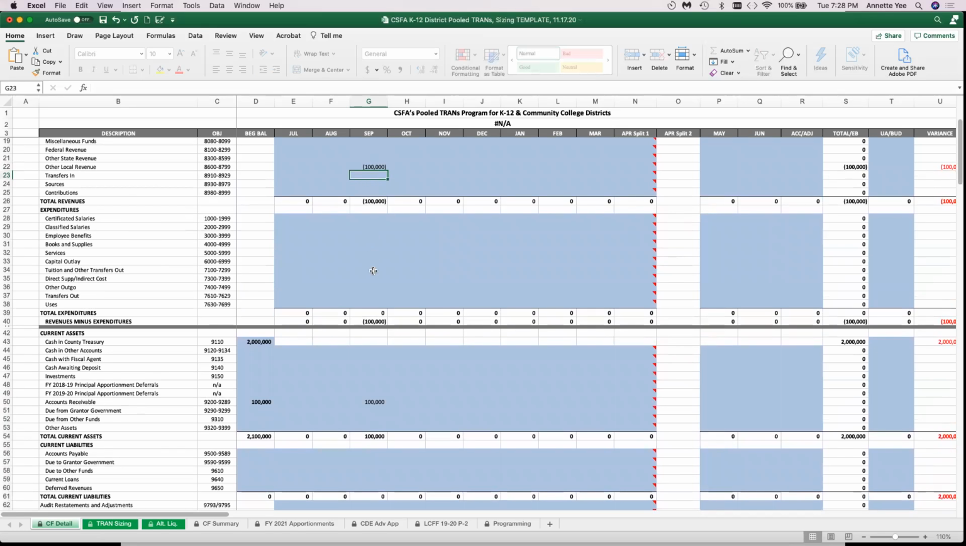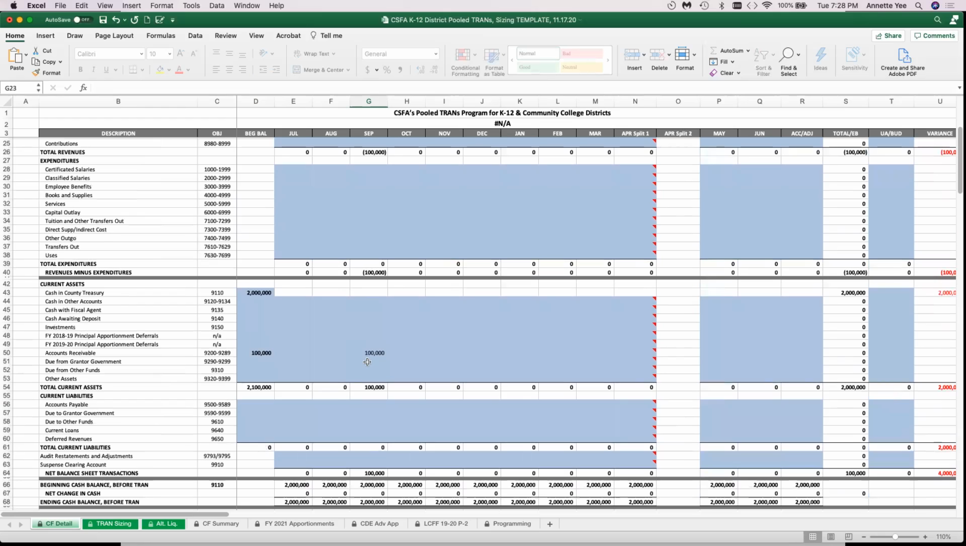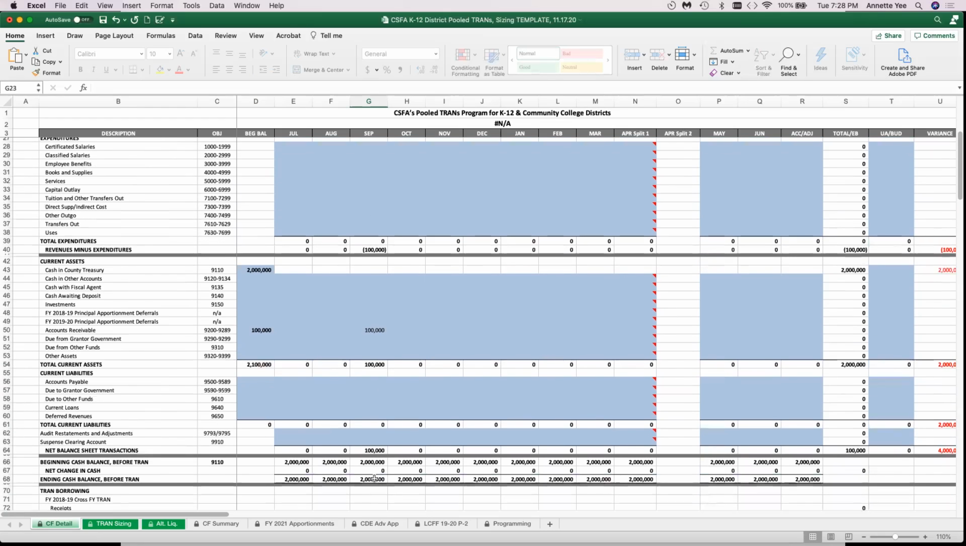And as I look down on the totals here, I see that the cash effect has offset the receivable that's there. So we started the year with $2 million and we're ending the year with $2 million. Even though we had that $100,000 in that receivable, now I'm writing off